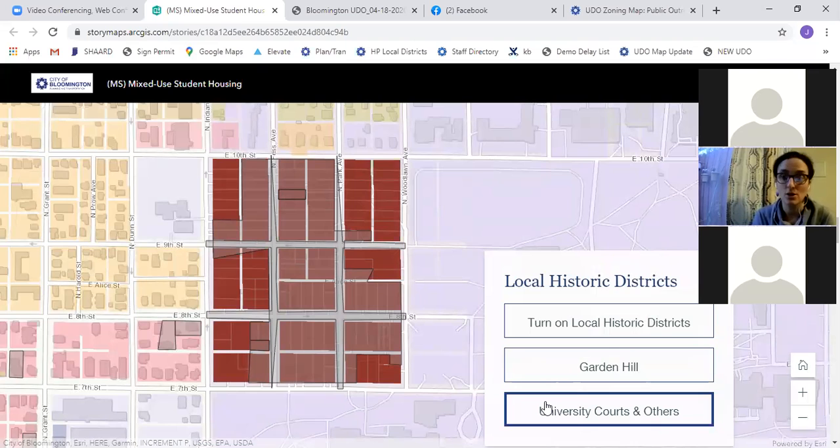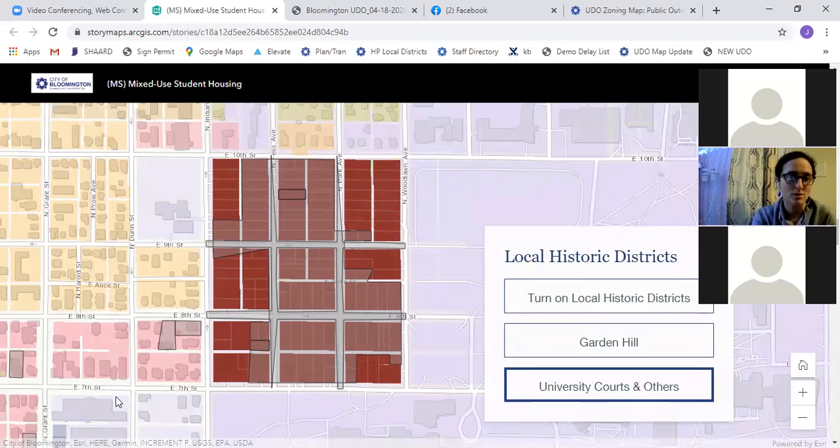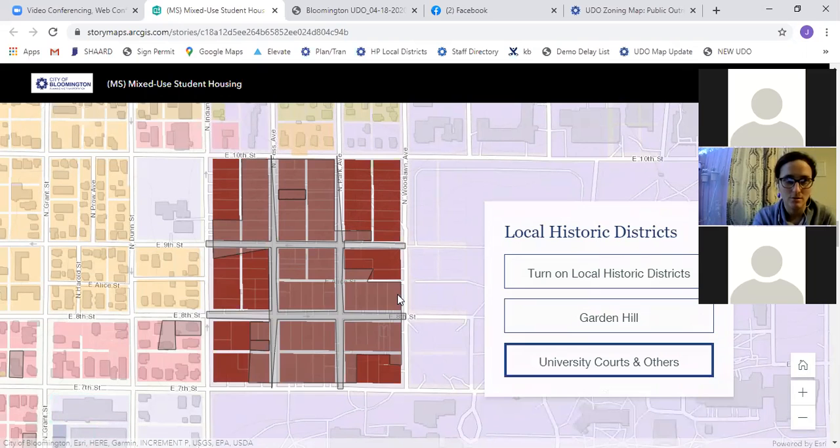So development can occur here, and the zoning code regulations obviously are in place and do regulate the development at these sites, but also depending on how detailed the local district regulations are for the historic districts, they also may have extra regulation that has to be met, or for example, extra development standards that may be more stringent than those in the zoning code. And so those both have to be met. So that's something to keep in mind for development that will occur in those areas.